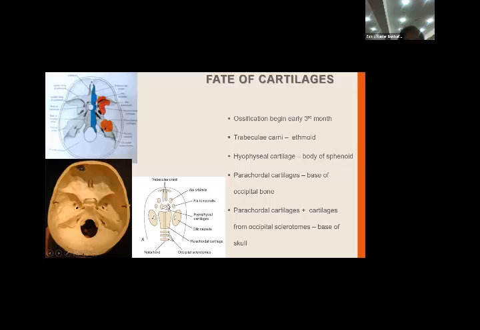Immediately posterior to it is the hypophyseal cartilage. ये वाली, approximately ये वाली जो है ये hypophyseal cartilage है. The hypophyseal cartilage develops into body of the sphenoid, ये वाला part. Hypophysis is the pituitary gland. Pituitary gland is also called hypophysis cerebri. Okay, so the pituitary gland